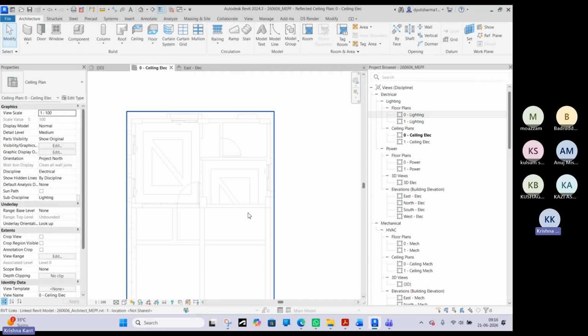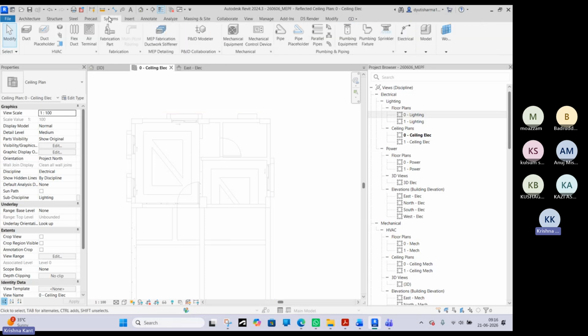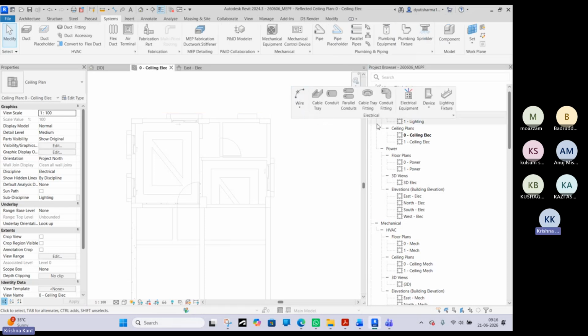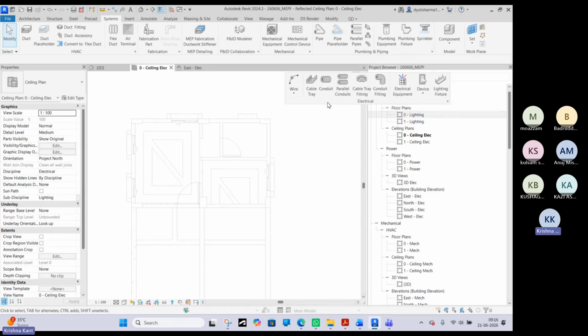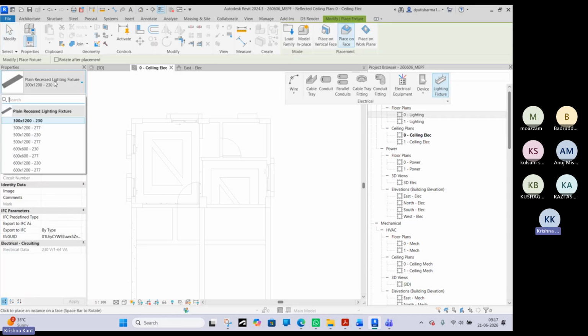Let's do one by one. Okay, so first things first, we'll place some lighting fixtures. So in the Systems tab, you have Electrical. Okay, so in the Electrical, these many options are available. Let's first place the lighting fixture. So in the lighting fixture, right now only the ceiling recessed fixture is loaded, which I don't want to show